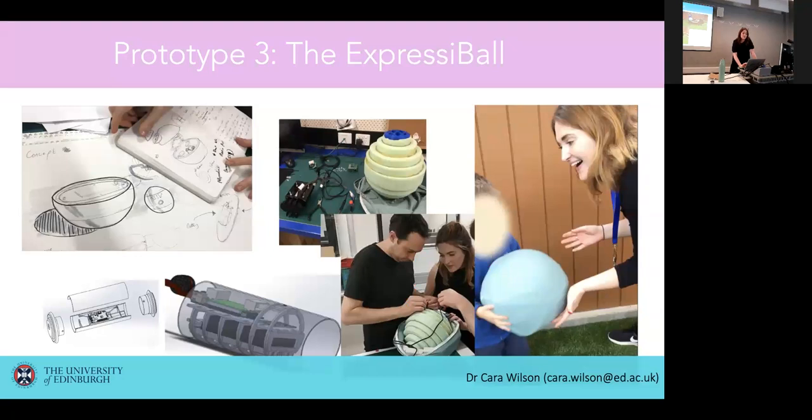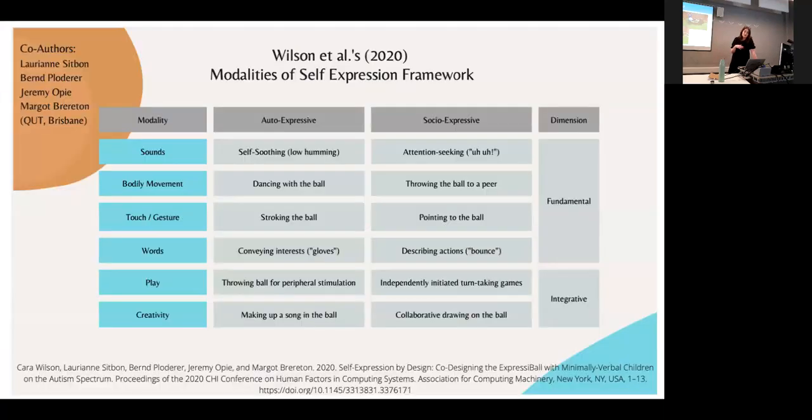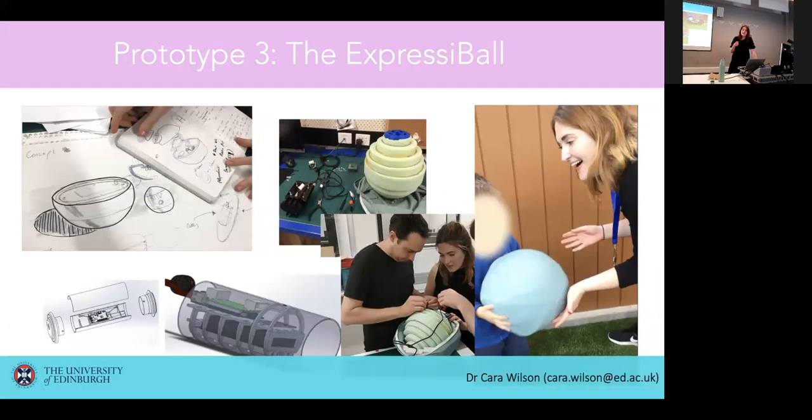We trialed the ball with Liz and Rory in the outdoor play area, beginning with a simple game of rolling the ball to each other. Liz was sitting on the trampoline. She's disengaged and begins asking for Tom tea. So we know from the foundation phase, this is a favorite sensory item of hers, a t-shirt with Thomas the Tank Engine on it, where the image is made from this sort of rubbery material. And she likes to scratch the material to get sensory stimulation, and she likes the feeling of the friction on her fingernails. So we asked Rory what he'd like to record, and he looks at Liz and he says,